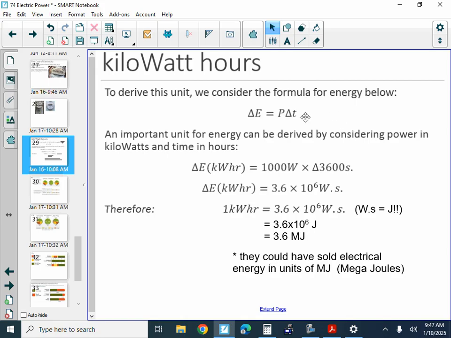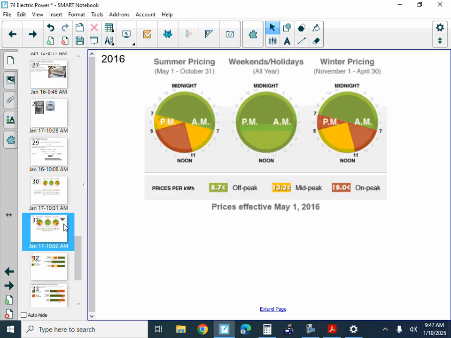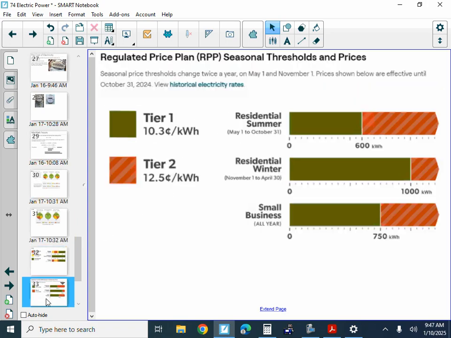And so the reasoning at the time for creating this combined made-up unit of kilowatt hours was they didn't want to sell by joules, because they didn't want to be selling such large numbers of joules, but really the metric system had solved it. They didn't have to create this kilowatt hour nonsense. But it is what it is. They sell at certain rates, so we have this tiered pricing and so on. If you're on peak, you're going to pay, back in 2014, it was 13.5 cents per kilowatt hour, and it jumped up to 18 cents per kilowatt hour, and then the prices changed